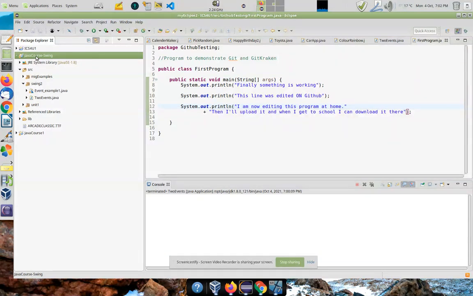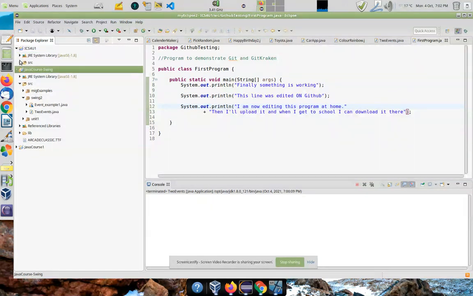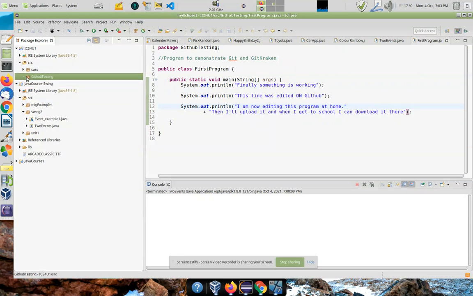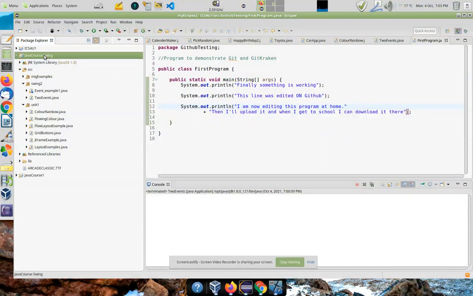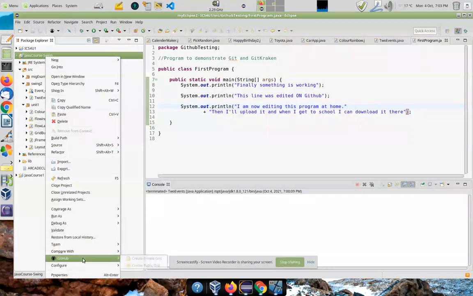So first what we have to do is initialize this because all of these files already exist. Yesterday we made a new package that was empty and we created this here. But now we already have a bunch of programs here that we want to upload, our existing work. What you have to do first of all is right-click and click on Team, Share Project